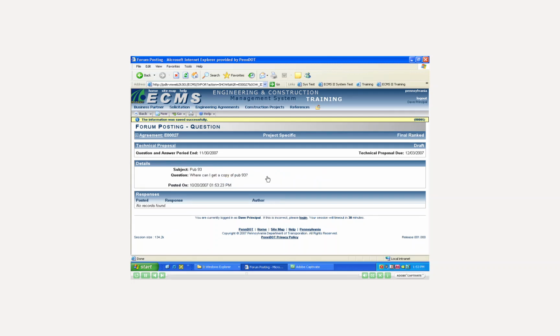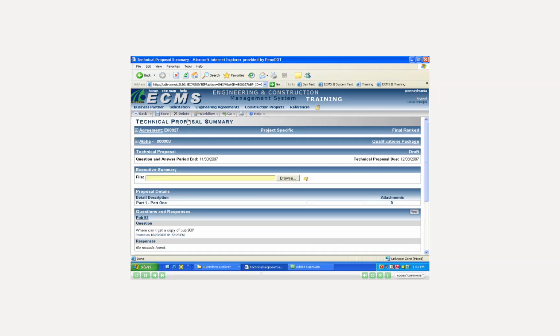And this will take me back to the forum posting question screen. From here, I can either use the back button to return back to the previous screen, or I can also use the Go button to go to forum posting report from here. Here again, I can also click the back button to go back to my technical proposal summary. From here, I can view questions that have been posted for this particular agreement for this scope clarification, and I can view any responses. I can also go in and search for